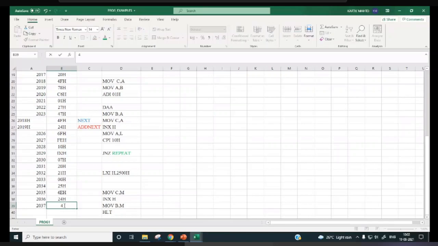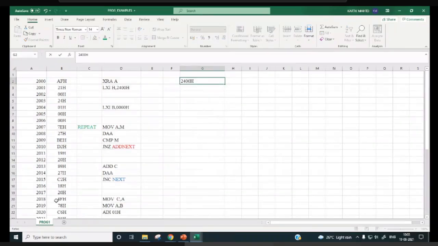But whenever you have the laboratory class, at that time try to do this program over there. I will share this. What exactly is this going to do? It will add the bytes from 2400H onwards up to say 240FH, right?